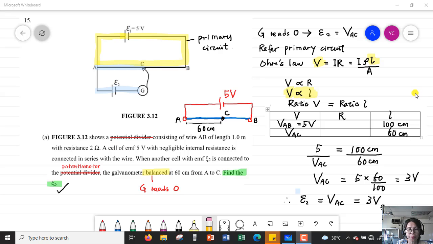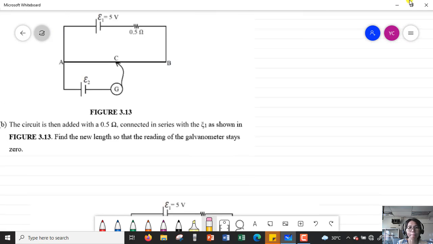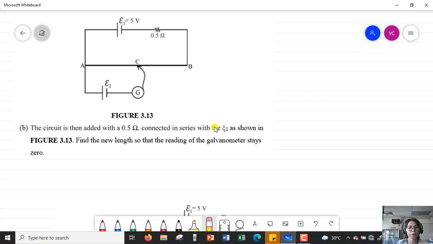So boys and girls, we already solved question 15a. So now we move on to question 15b. Okay, so for question 15b, now we add in a 0.5 ohm resistor in series with the E1 as shown